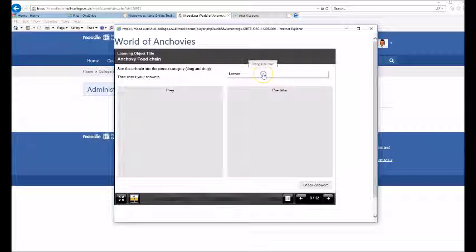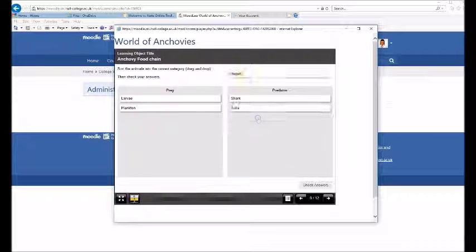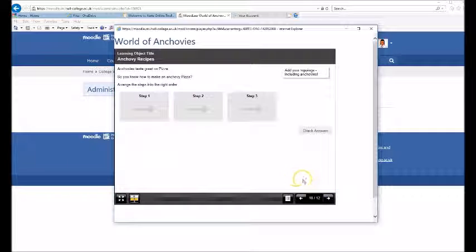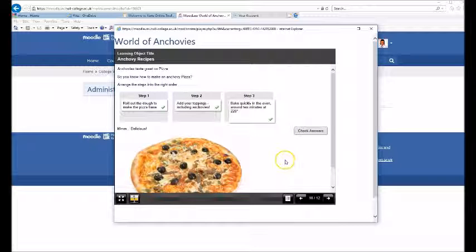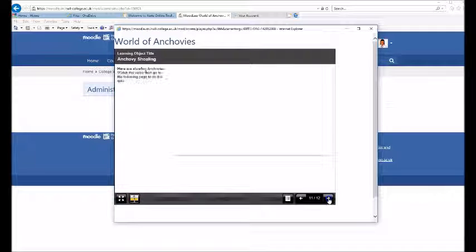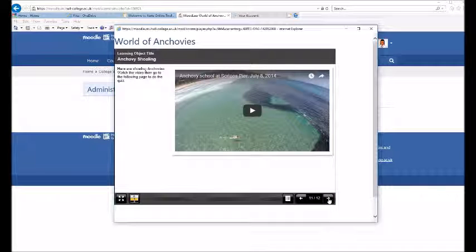This is a category sorting. And this one is like a procedure, so you drag labels to get things in the right order. Delicious. Okay, and we can embed things, so YouTube videos obviously, but anything else with an embed code, so